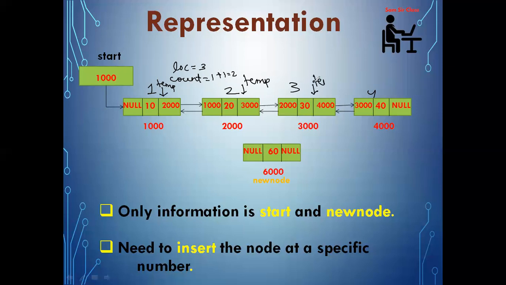Now move temp to the next node. Once temp is pointing to the next node, as per our procedure, I have to increment the value of count by 1. Now I am checking count is not equal to location: false. That means I have reached the node where the new node should be placed. But here, before temp goes to the next node, I'll keep the address of temp in another variable. Let us start the procedure once again.